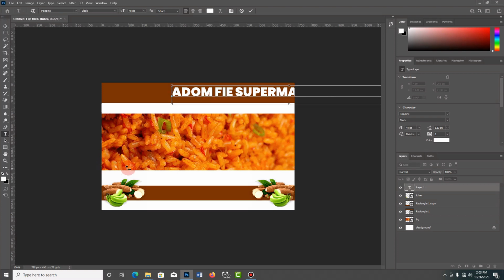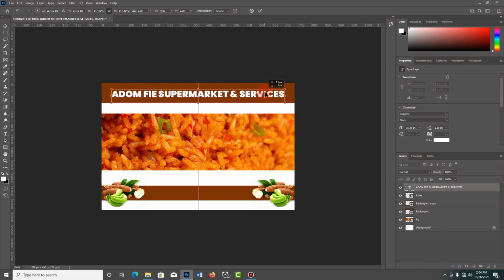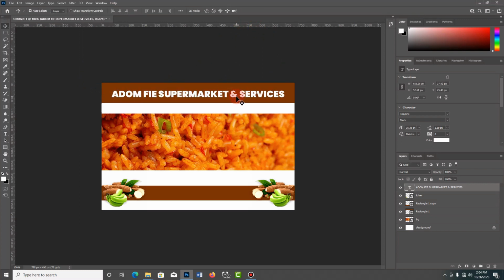Then we select everything, Ctrl plus A, then we make it small. We confirm from here, then we select the move tool, bring it in the middle, Ctrl plus T, and make it big. Then we make a duplicate of the text, but before, let's double click on it and set it to black. It's okay. Then we make a duplicate, Ctrl plus J,